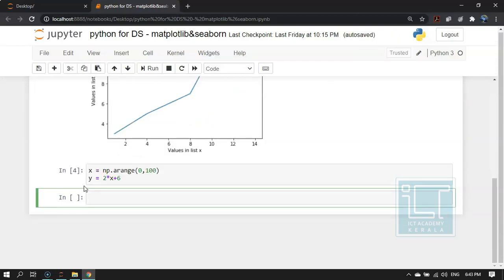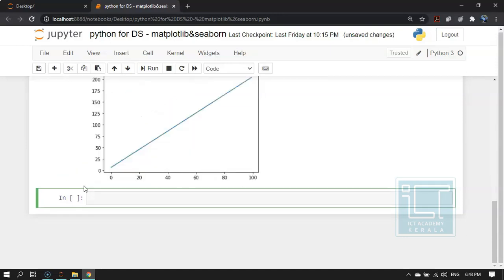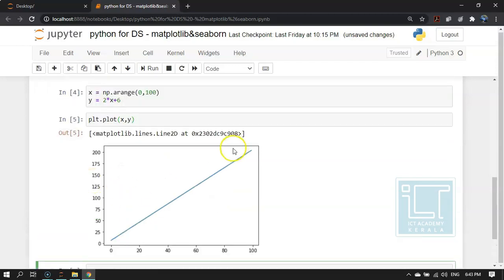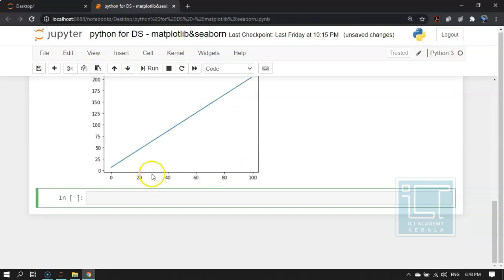Now we will plot this. So the graph will be a straight line, because here we have derived Y from X. So X and Y will have a linear relation. So the graph will be a straight line. So you can see Y is in the form mx plus c, which is the equation of a straight line. So we have got a straight line as output.